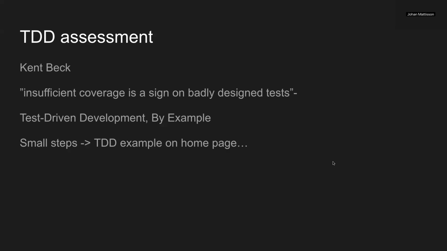Insufficient coverage is a sign of badly designed tests. Which is kind of true in a way, but I would say certain things are hard to test, right? So with TDD, we get better at designing our tests, but we will eventually encounter things that are hard to write TDD tests about. Same thing happens there, right? But I would say we most likely get way better coverage if we use TDD, for example,